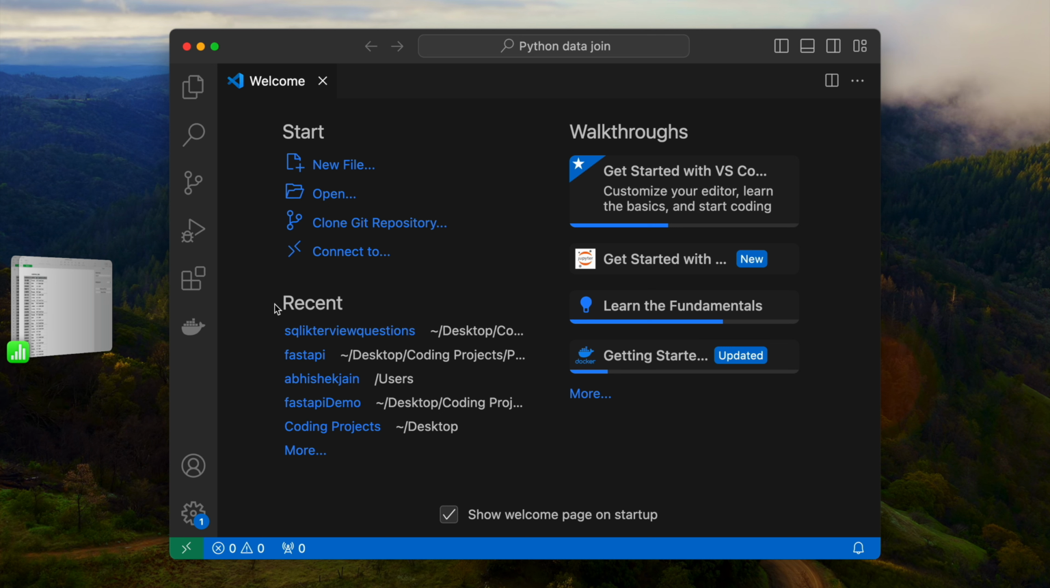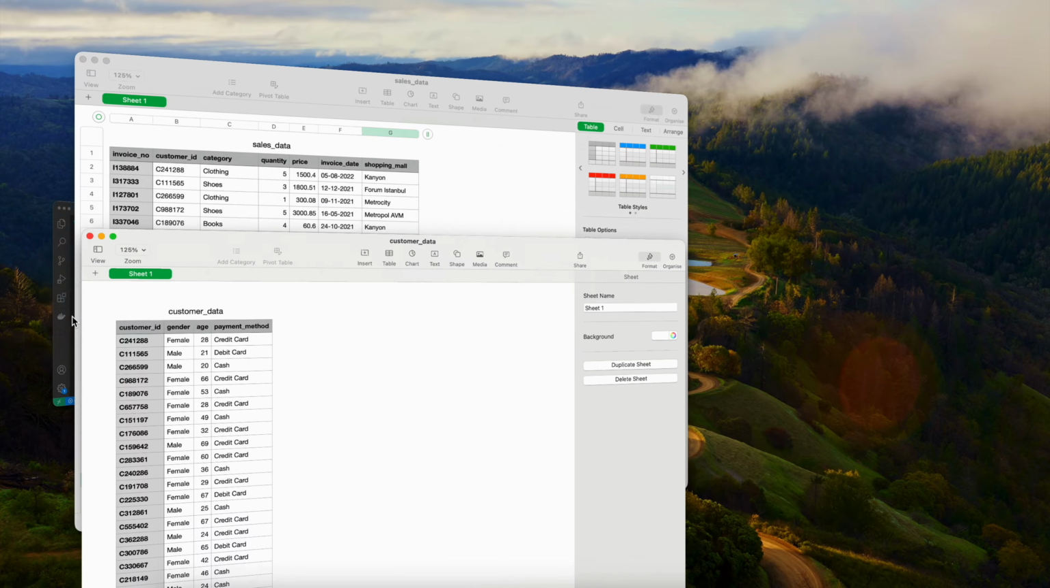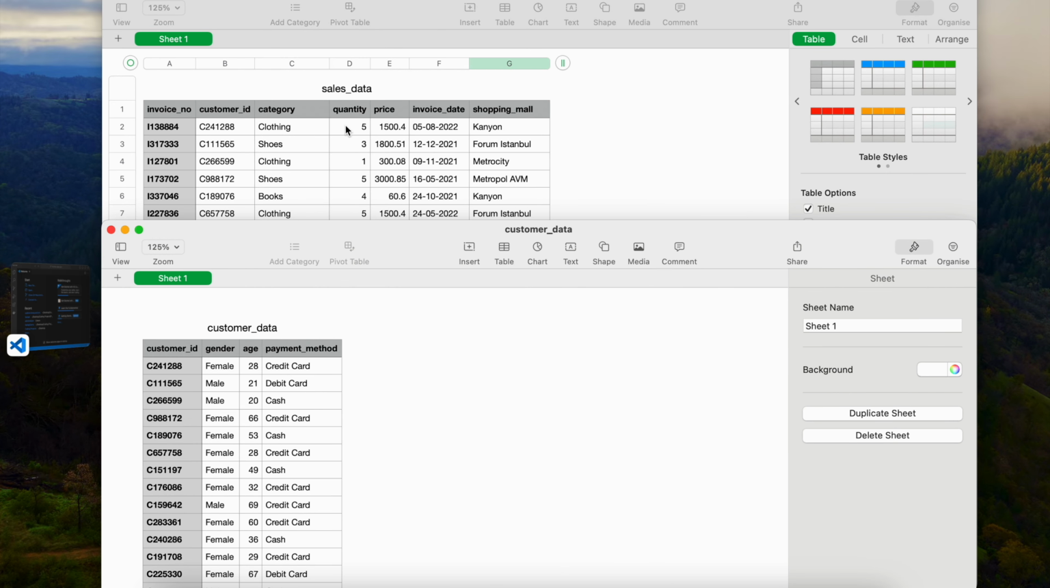Let's get started. For this tutorial, I have downloaded two CSVs. One is the sales data. In this dataset, we have the customer column and the invoice column. For this invoice, we also have some other details like quantity, category, price, the date, and the place where the shopping is done. Similarly, we have the customer details, where we have the customer ID and some other details about the customer. So if you notice, between both of these datasets, we have the column customer ID as common. So in this session, we will try to join both of these datasets using the common column, that is